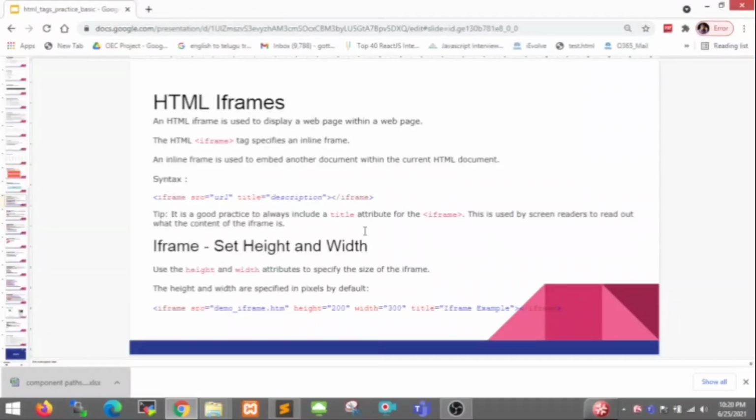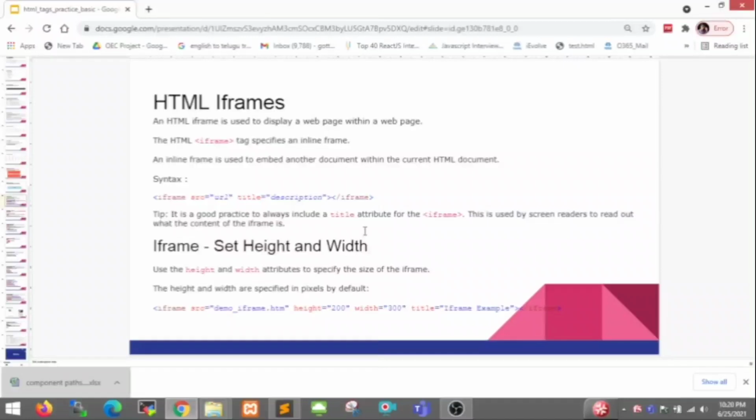Iframe set height and width. Use the height and width attributes to specify the size of the iframe. Iframe has two important attributes, height and width. The height and width are specified in pixels by default.